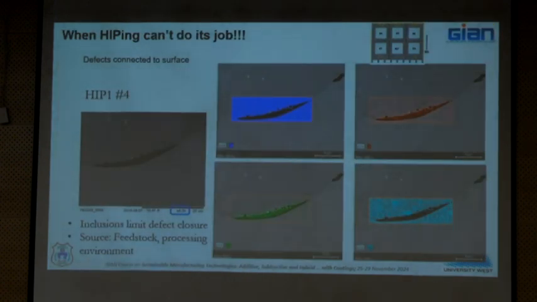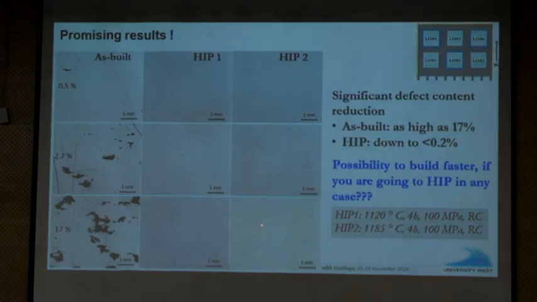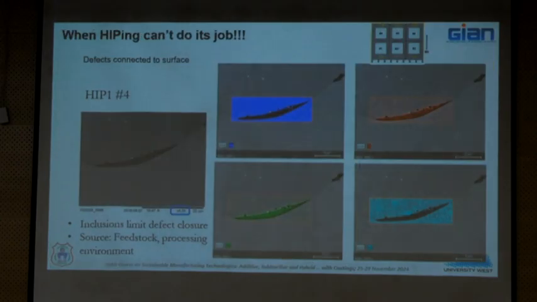But when does HIP not do its job? There were very few little dots here you see. So, we were trying to see what is going on there. We found that the only places where HIPping does not densify are those where there is some inclusion, related to the feedstock. Very high magnification here, so this scale is about 9 microns or something. We find that wherever there is some oxide inclusion, that is where it does not successfully HIP,